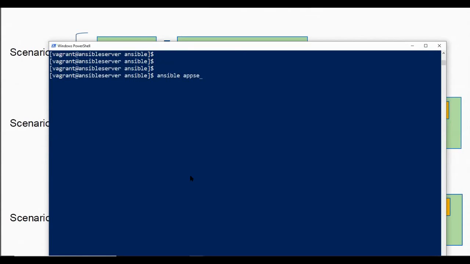If I execute anything on the app server group, the set of tasks will be executed on all the members of the app server group. I'll have to suffix that and supply the inventory file information. So which inventory file should Ansible use for looking up this app server group name?